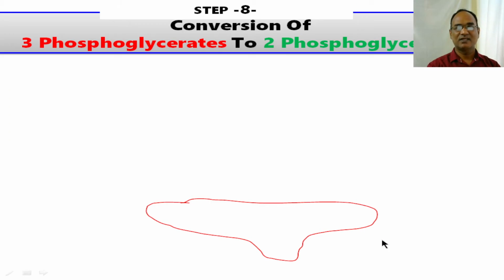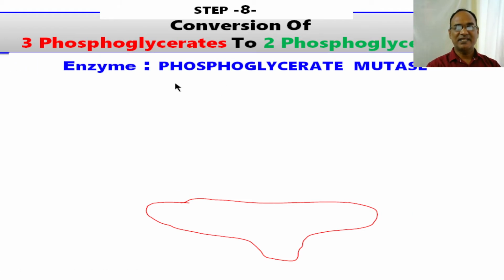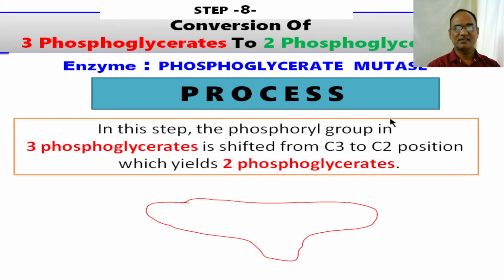We are going to discuss the 8th step, the conversion of 3-phosphoglycerate into 2-phosphoglycerate. For this process, we need phosphoglycerate mutase. Okay, this phosphoglycerate mutase will change over the base 3 to base 2. So this is the entire process of step 8. The process is, the phosphoryl group is